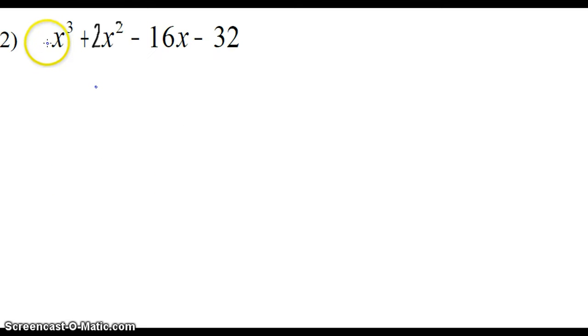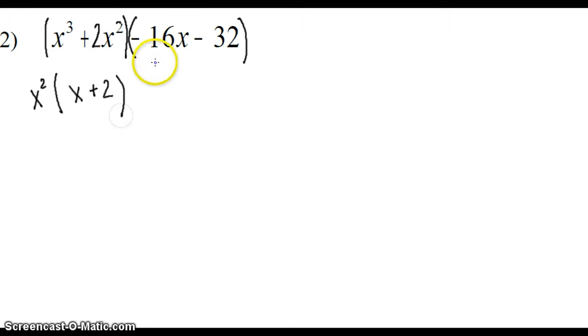Question number 2, factors by grouping. So if I go ahead and group this here, and if I also group it here, then I can take an x squared out of the first group. So I'll take an x squared out. What I have left then is x plus 2. And in the second grouping, I can take a negative 16 out. So if I factor out a negative 16,